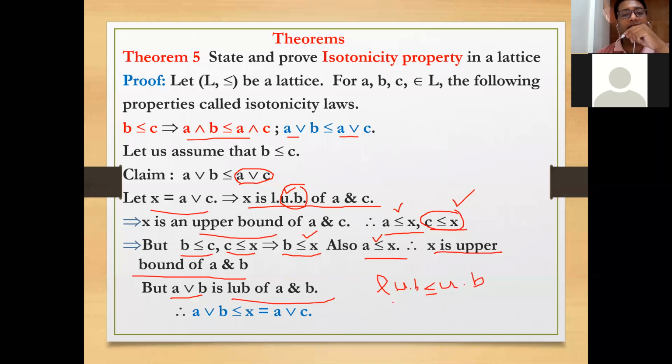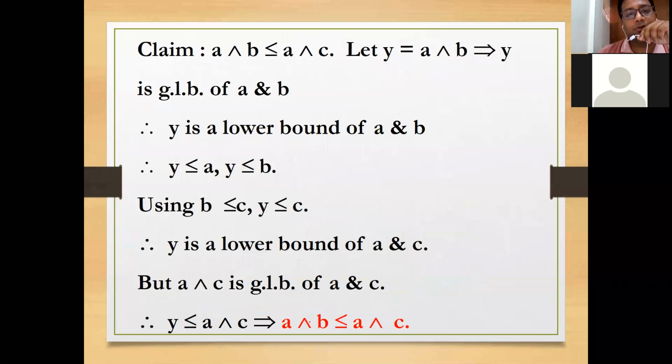So what would be the relation? Least upper bound will be less than or equal to upper bound. So the least upper bound is A join B and the upper bound is X, and the value of X was A join C. So we have proved that A join B is less than or equal to A join C. Now for the second part,